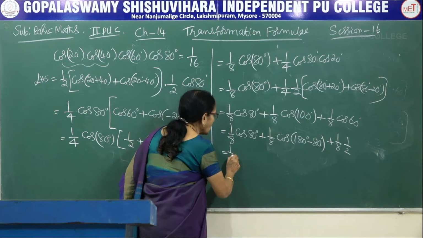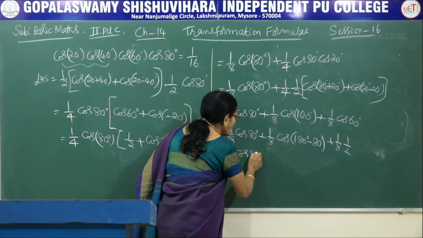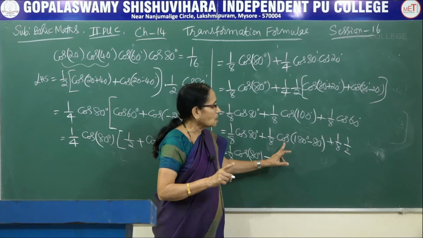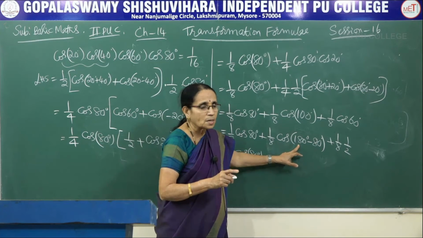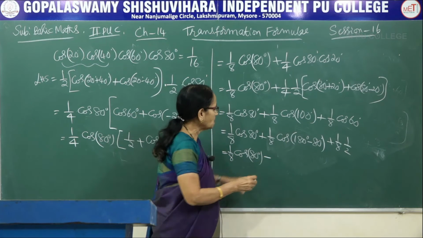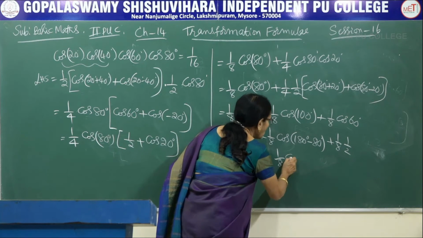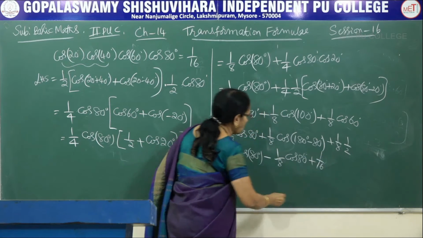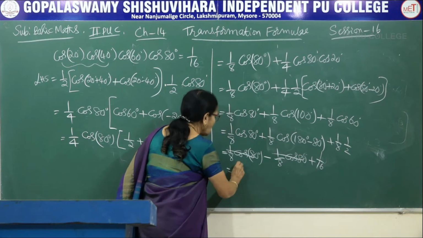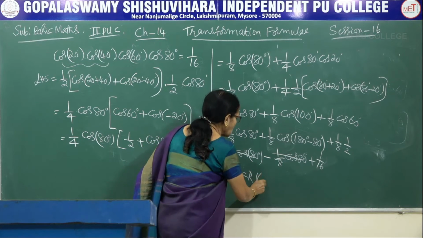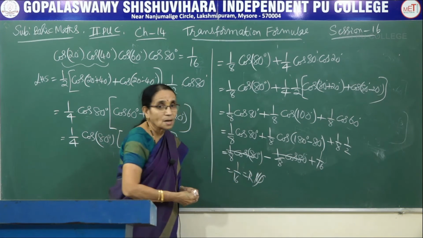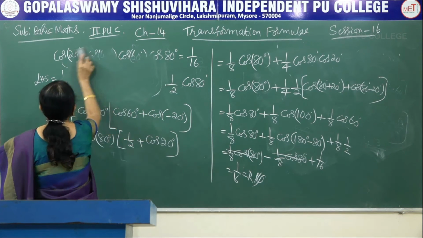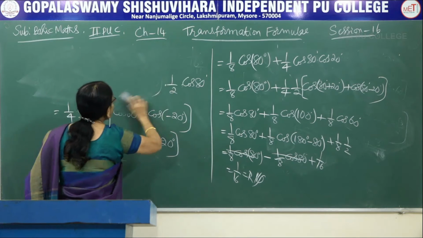Now, using the allied angle rule, cos of 180 minus theta is minus cos theta, because in the second quadrant cos is negative, and because we have used 180, the same function continues. So minus 1 by 8 of cos 80, cos 80 plus 1 over 16. Now these two can be cancelled, hence we have the required right hand side, that is the number 1 over 16. So this is the procedure we adopt to prove when the exact values of angles are given.